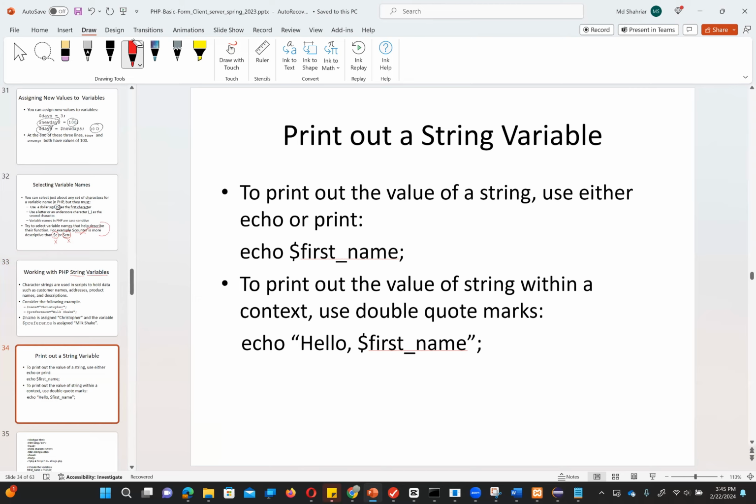And now printing a string variable. Once you have done the assignment, how do you print it? It's simple. You can just use the echo or print function and then name the variable. It will just do the printing for you. That's simple. But if you want to print the value of the string within a context, use the double quote